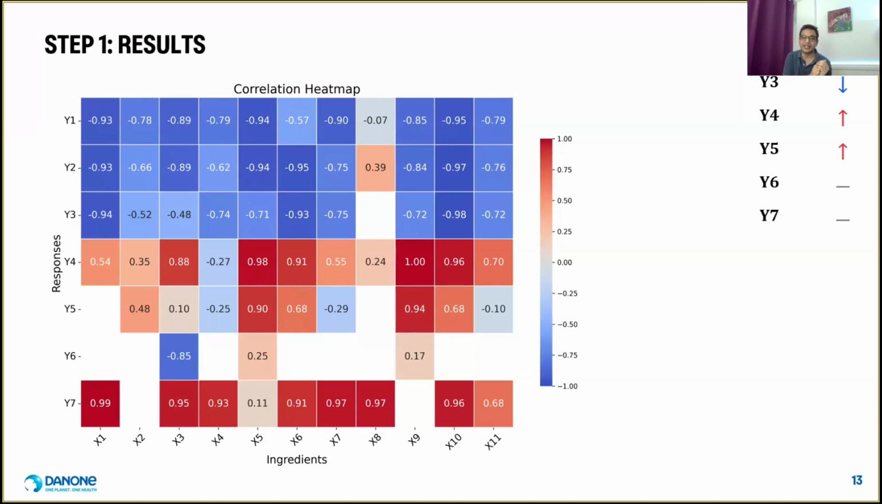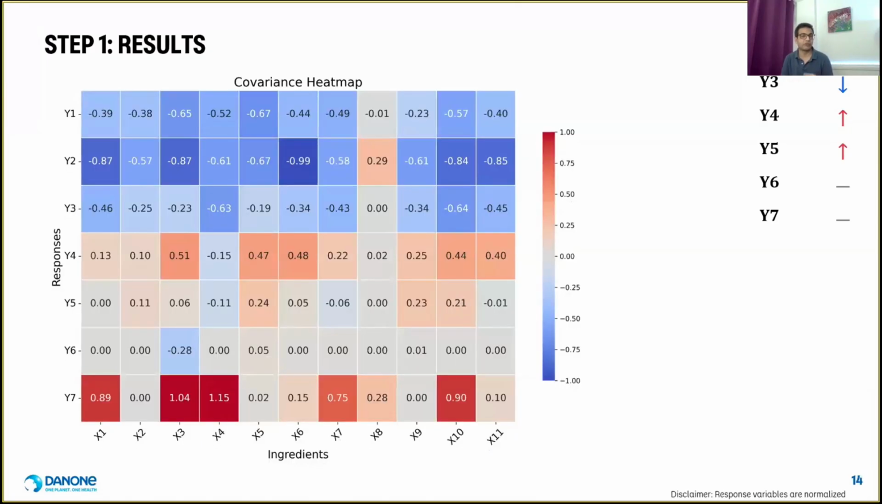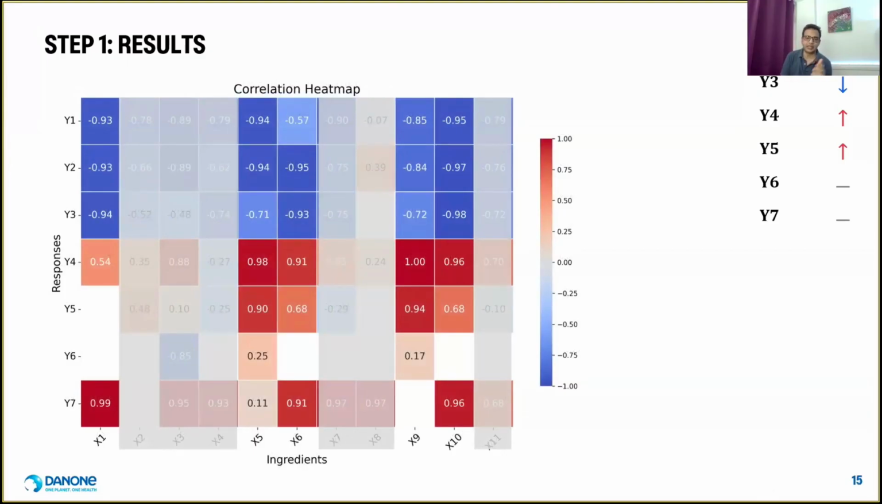But correlation only tells half of the story, because you could still get a very good correlation even if the response value from level 1 to level 3 doesn't change very much. So for this reason, we also looked at the covariance heat map. Covariance actually tells us the relative change in the response variable compared to a unit change in your ingredient variable. So by combining both of these pieces of information together, we were able to eliminate 6 out of these 11 total